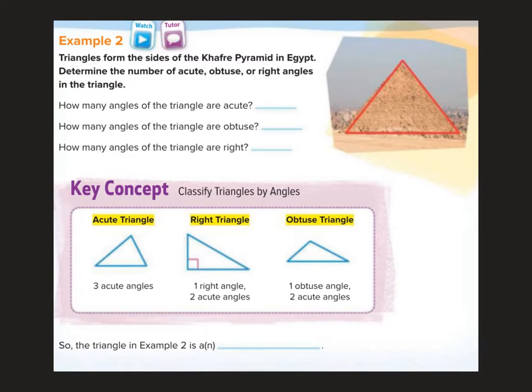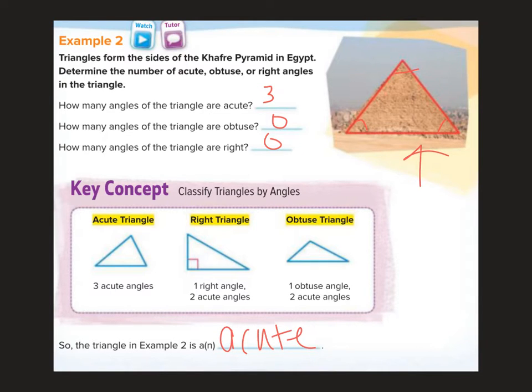All right, so now let's look at classifying by angles. Triangles form the sides of the Great Pyramid in Egypt. Determine the number of acute, obtuse, or right angles. Okay, so remember acute, less than 90, right, 90, obtuse, bigger than 90. So how many angles are acute? 1, 2, I don't think they're all acute, they all are. How many angles are obtuse? 0. How many are right? 0. So this triangle right here is an acute triangle